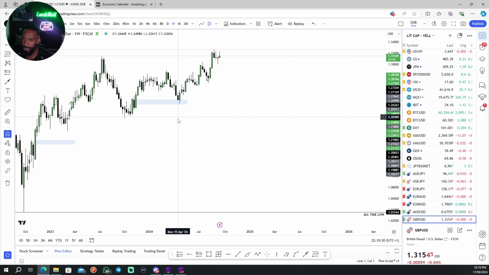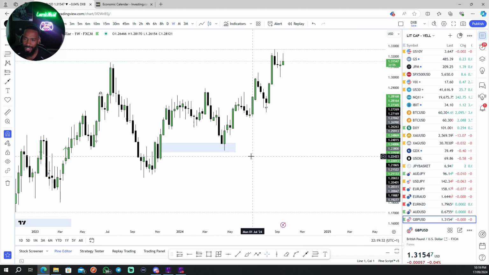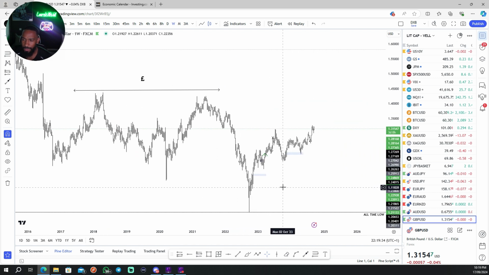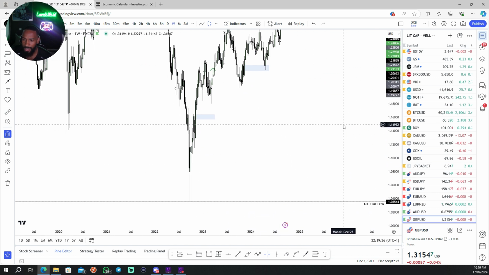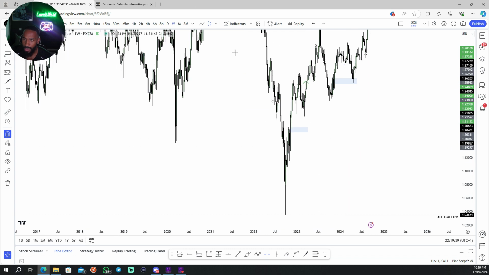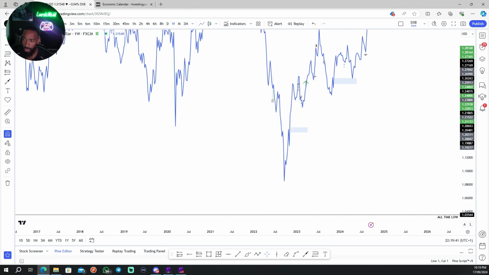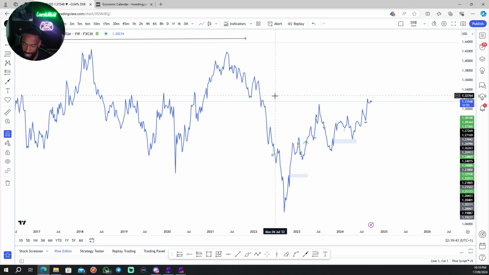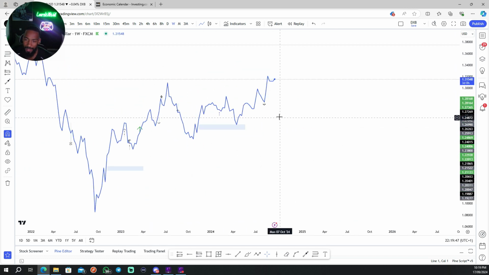If we look across to GBP USD, it's the same thing, guys. Now, interestingly, I was speaking to a student earlier today, and I was saying to him, look, when we look at GU on a daily time. Sorry, when we look at GU on a line graph, we can understand that eventually.